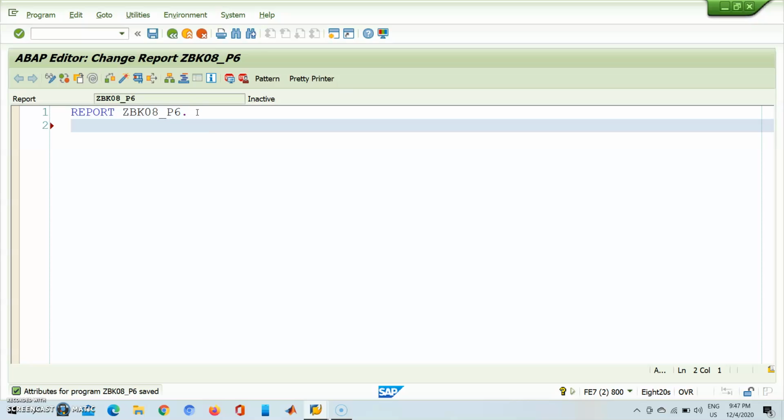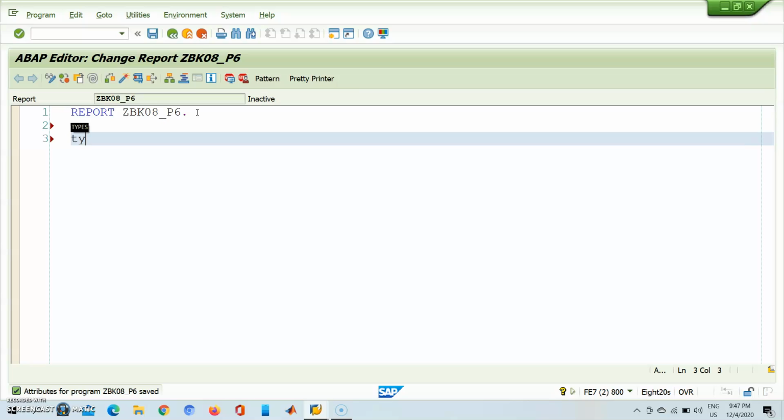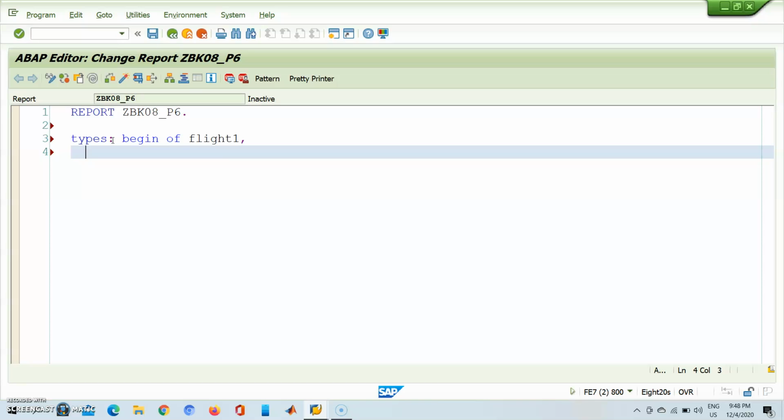So let us write a program here. TYPES is used to define a data type. BEGIN OF. So it is prompting, and we can use it if necessary. I'm writing the data type flight1 and putting a comma, because a semicolon comes at the end. I'm giving a name, so let us give CARRID1, a little bit different from the actual field so that we can relate. TYPE